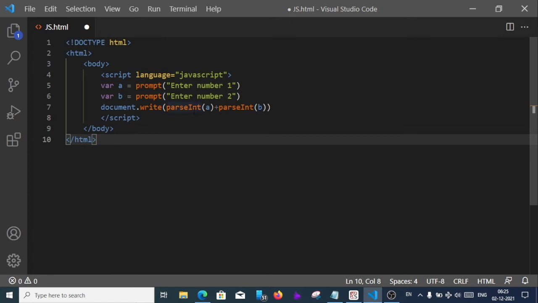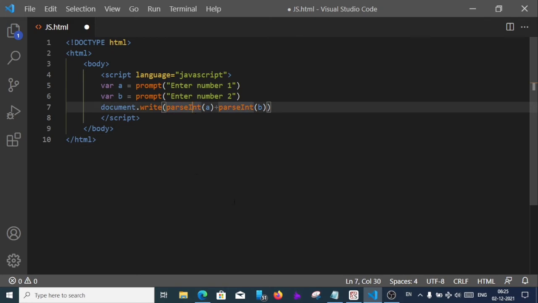Now why am I using parseInt here? When we take any input in JavaScript, the data is stored in string form. With a string we can't do calculations. If we add 2 plus 3 as strings, the answer will be 23, but actually it should be 5. So we convert the string value into an integer by using parseInt. Some older browsers might convert the number automatically, but newer versions of browsers will not do so. Better you write this parseInt.